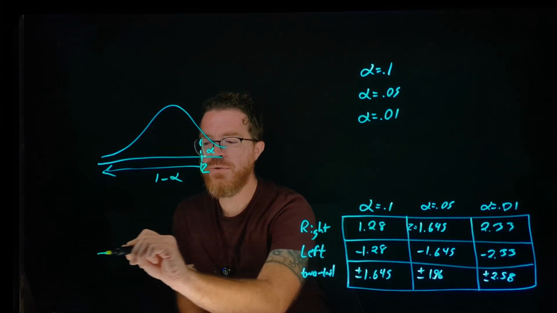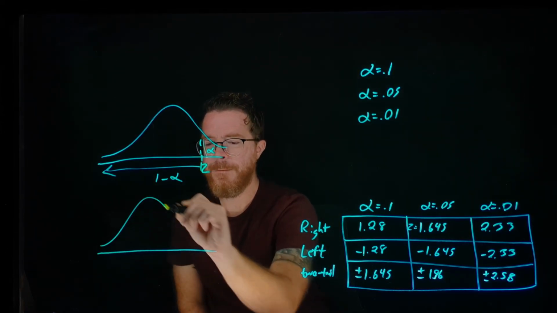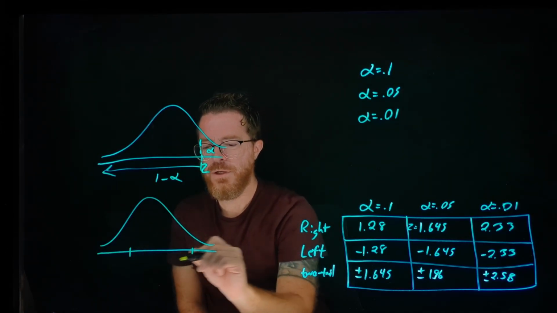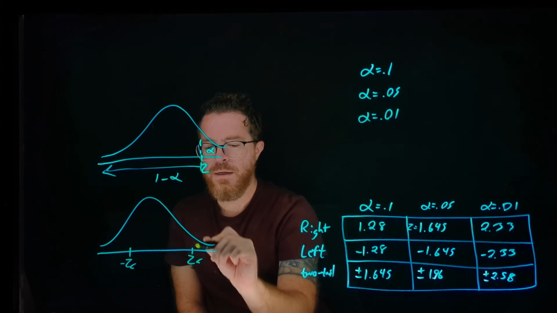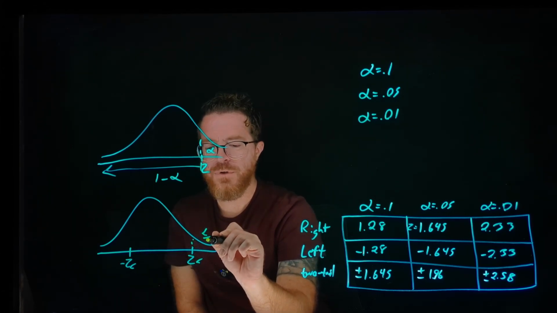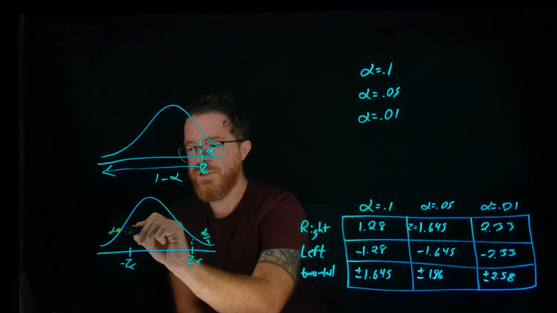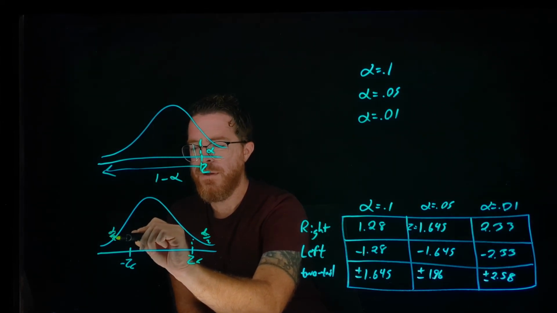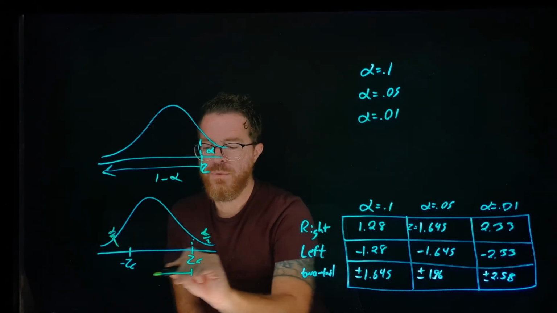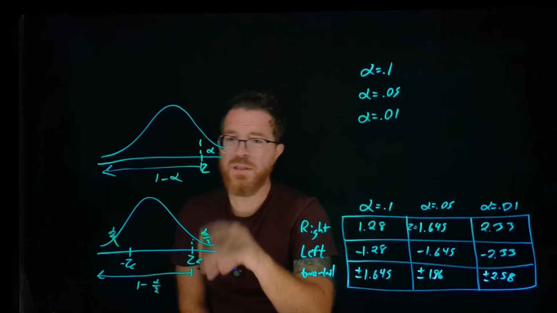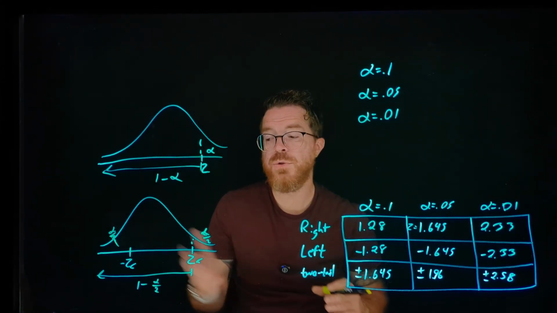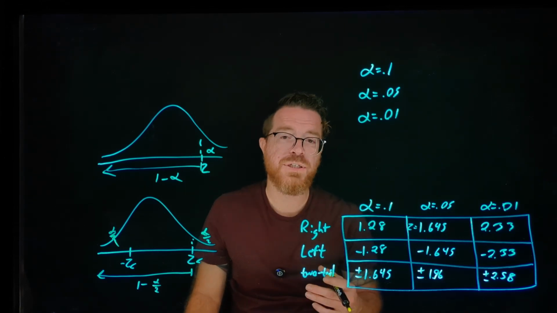And if you were doing a two tail test, you're going to have two z critical values, where this is going to be alpha over 2. This is also going to be alpha over 2, in which case you want the value that is going to be 1 minus alpha over 2 to the left of the positive z. And then you just have to know that you also have a negative z critical, which is the same value,